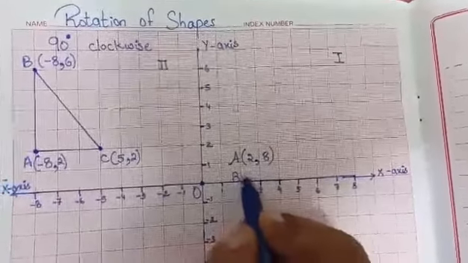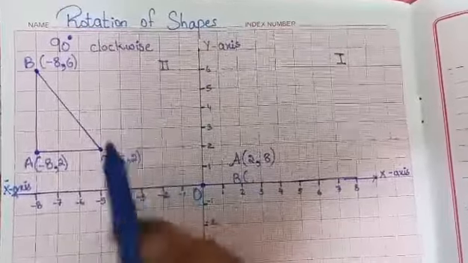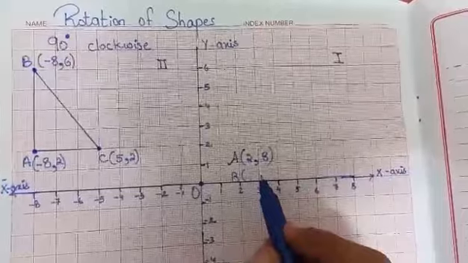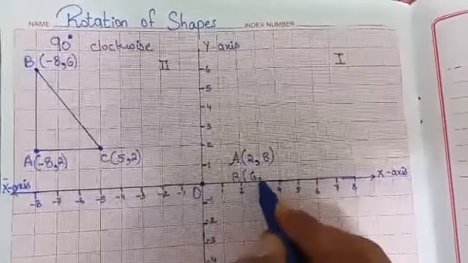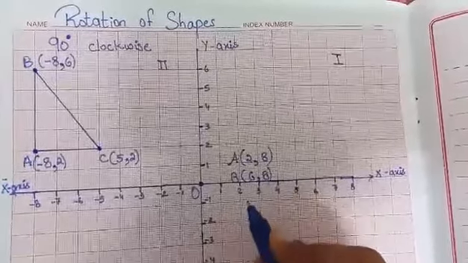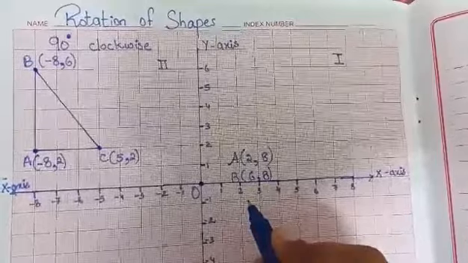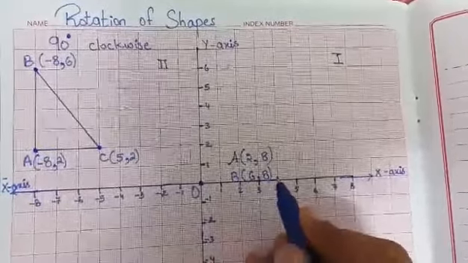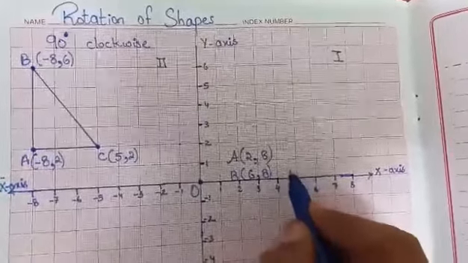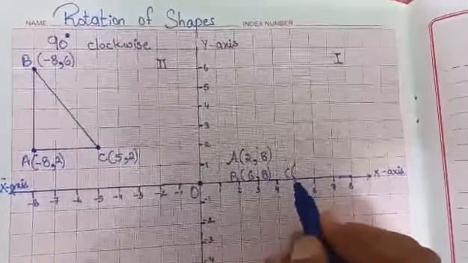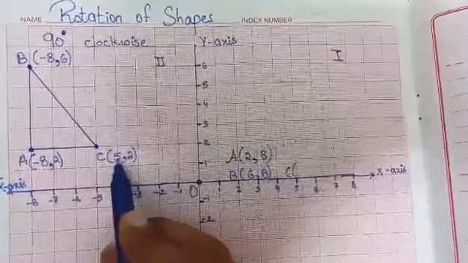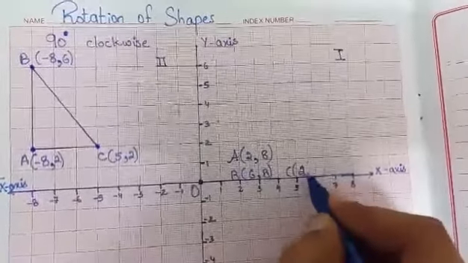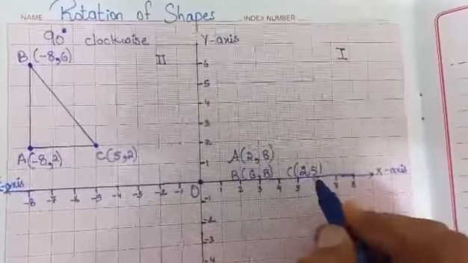When B, before the coordinates were -8 and 6, now when we are going to rotate it, the coordinates become 6 and 8, and both would be positive as it's going into quadrant number 1. And C point would be 5 and 2 previously, and now it would be 2 and 5. Now plotting these points,